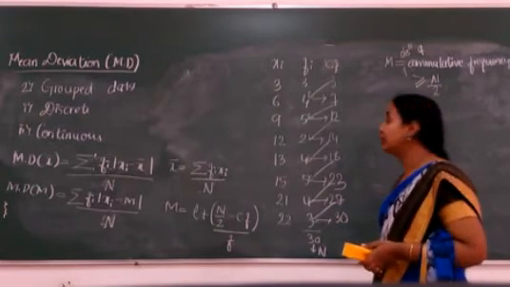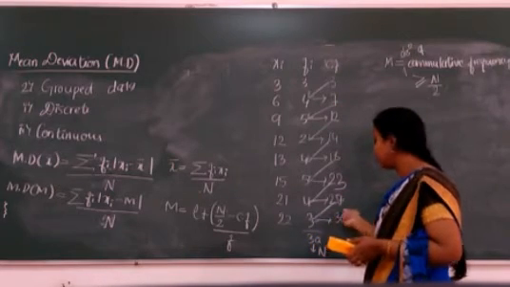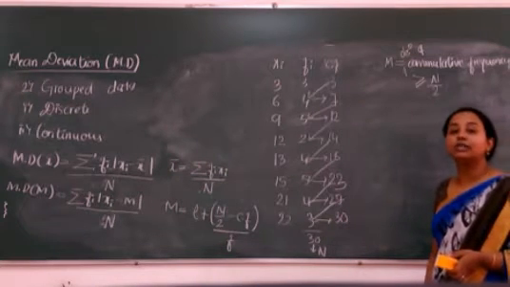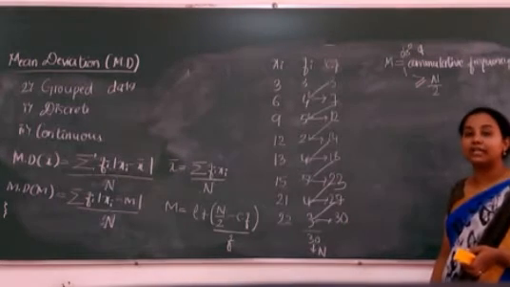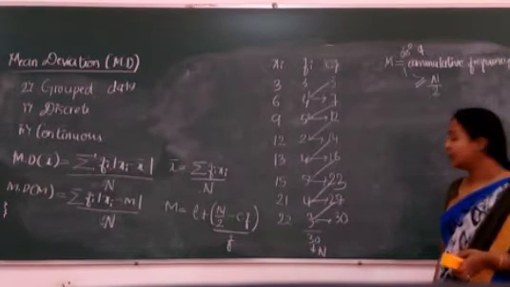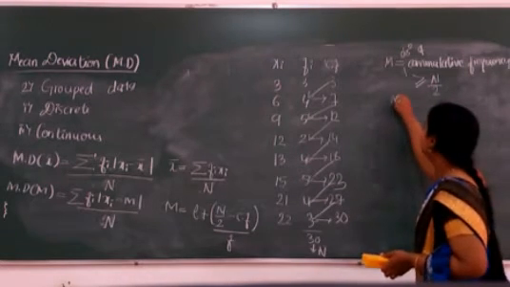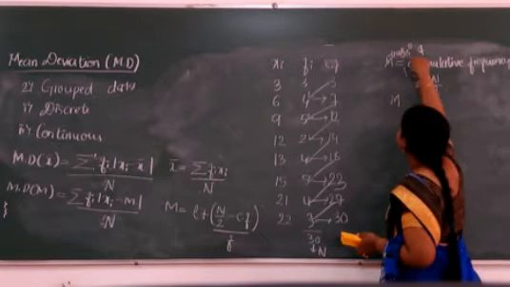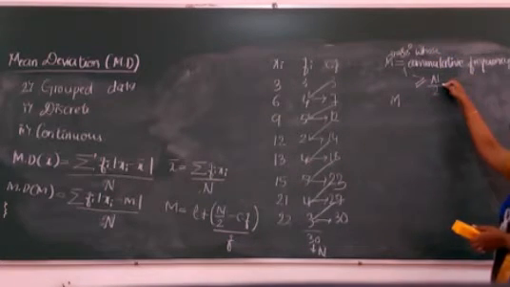How did I get to know that what we have done is wrong? Because when you go on adding, the final value should be equal to n, since our final value indicates the total frequency. If you have written 30 here, you should get 30 here also. If you are not getting 30, then somewhere you have gone wrong. Now let us go to our median formula. Median is that observation whose cumulative frequency is greater than or equal to n by 2.